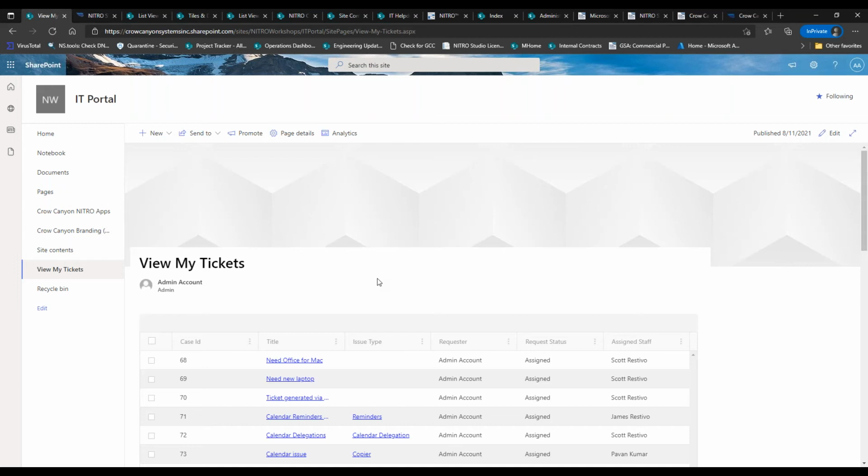But how do we take that a step further? Now we want to hide the quick launch. Now we want to change the look and feel of this site. And there's a couple different ways we can do that. One option we have in both classic and modern is to apply branding. So I'm going to do that part first, where we're going to put some branding around this to